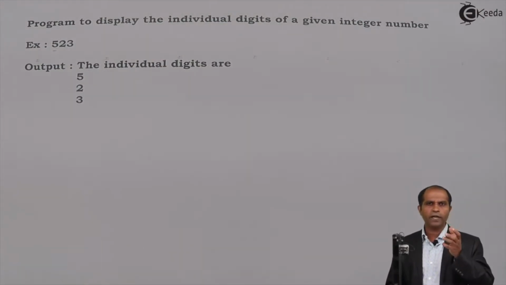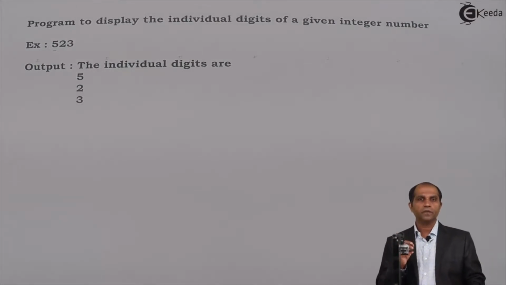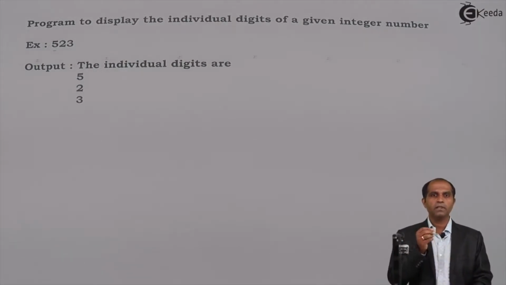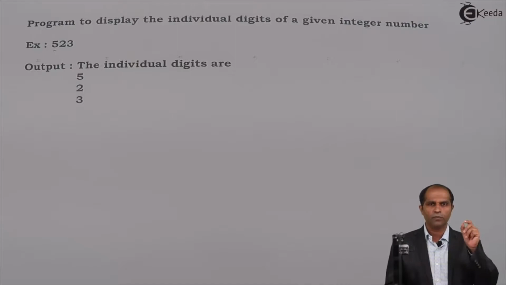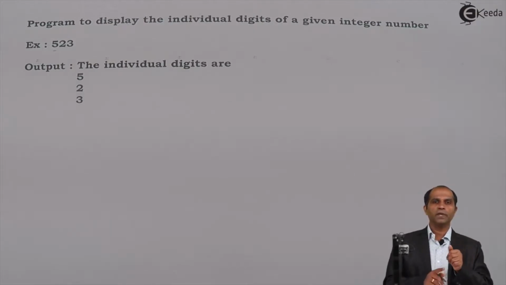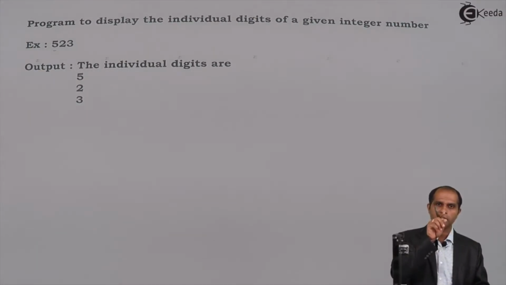You would have a rough idea if you have listened carefully to the previous videos, where the individual digits were extracted using a while loop. And now you might say that since the individual digits were extracted, why don't we try and display those individual digits? If I display those individual digits, then probably the display is done as 3 first, then 2 and then 5. Why 3 to 5, and not 5 to 3? Because the extraction process always begins from the right and moves towards the left. So first it displays a 3, then 2 and then 5, because the extraction process is always first of 3, then of 2 and then of 5.